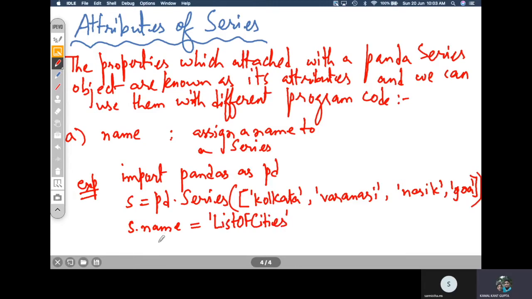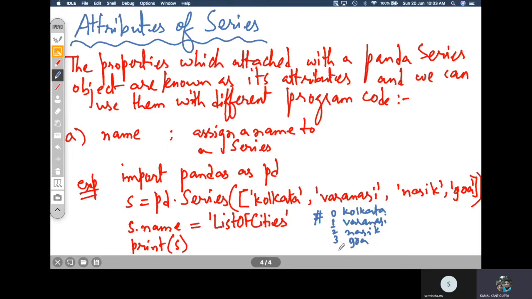So I'm assigning a name, and if I print S, it will show the values as well as the name of the series. The output will be 0 1 2 3, and it will show the names of the cities: Kolkata, Varanasi, Nasik, and Goa.